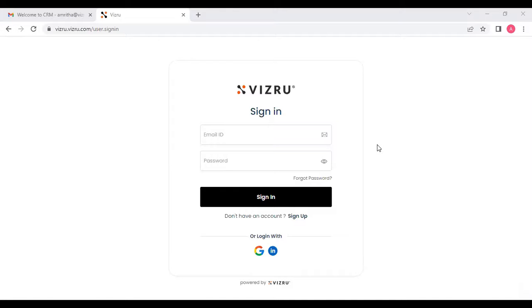Let me log in using my registered credentials. Let me enter my email ID, then enter the password, and then click on sign in. By clicking on sign in, I have successfully completed the login process, and right now I will be landed